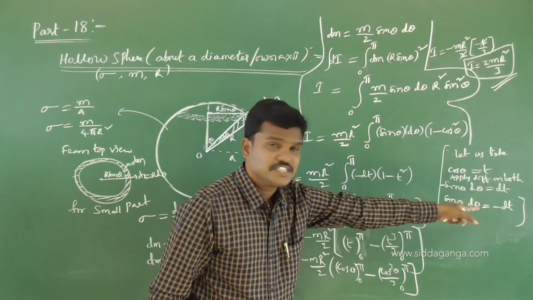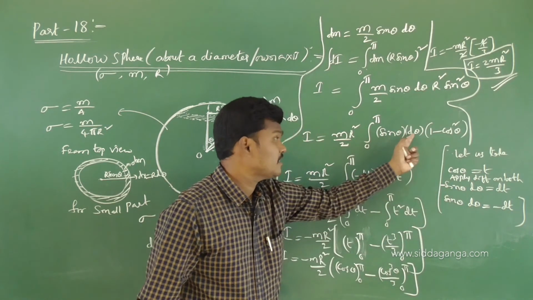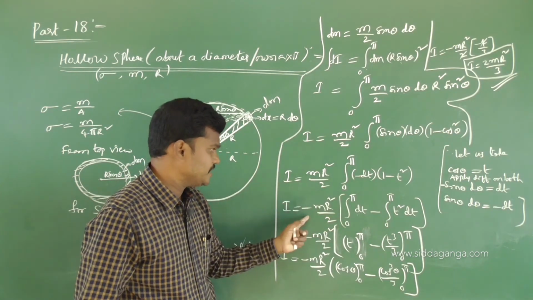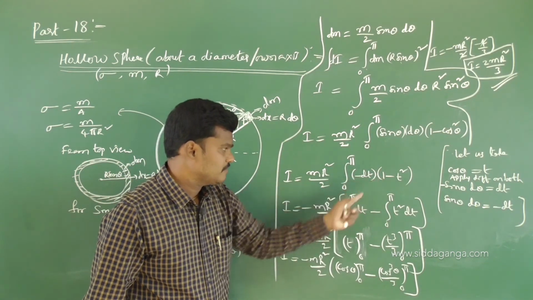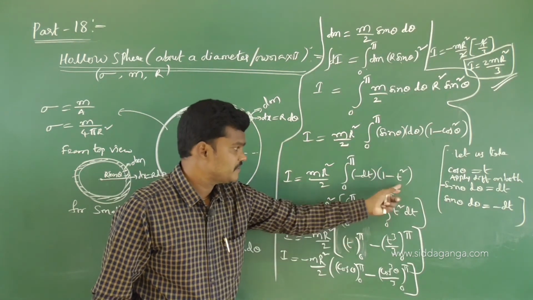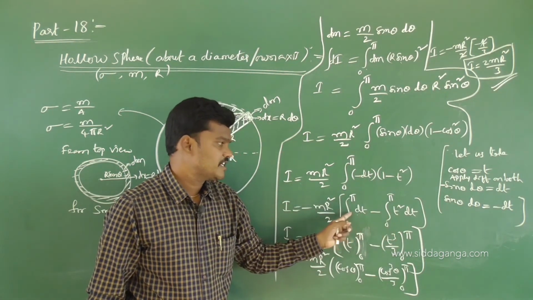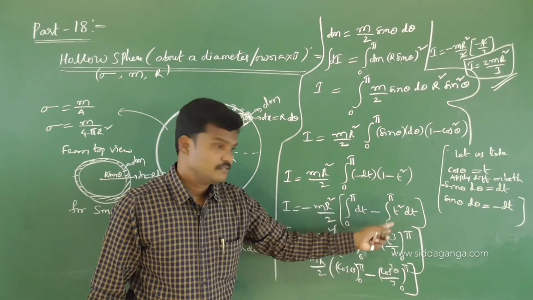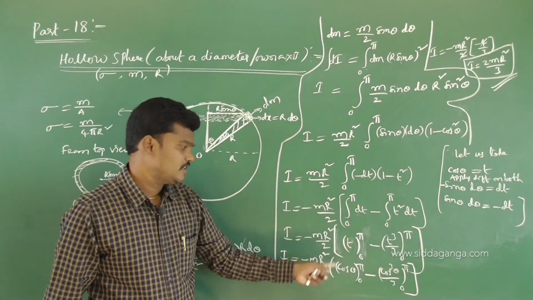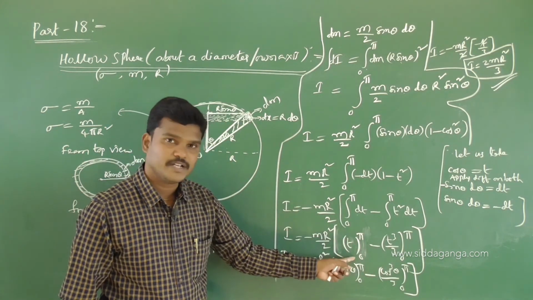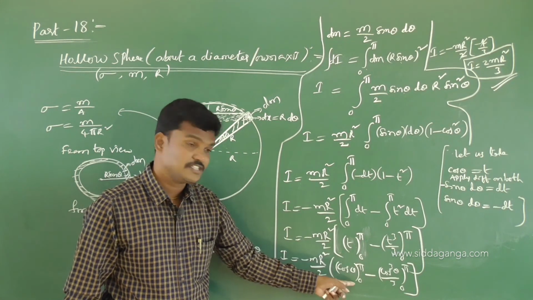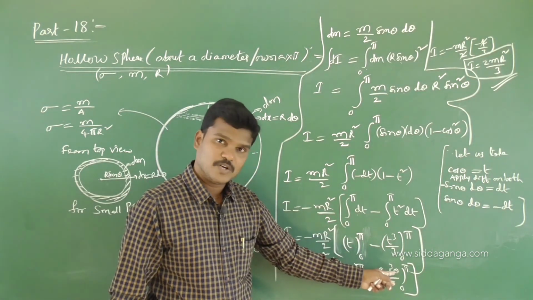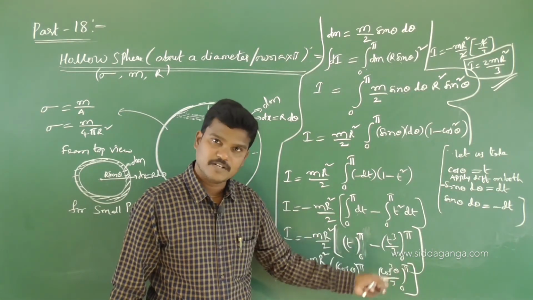Okay, sin theta d theta is minus dt. Substitute this sin theta d theta as minus dt, 1 minus t square, and minus just you write here, and multiply this dt for this one, integration of dt, and multiply dt for t square. This is like an integration of x, dx is x, dt is t square, t cube by 3. Convert this t into cos theta term, cos theta from 0 to pi, cos 180 minus 1 minus cos 0 minus 1, this is minus 2 finally, minus again this is minus 1 by 3, minus 1 by 3.